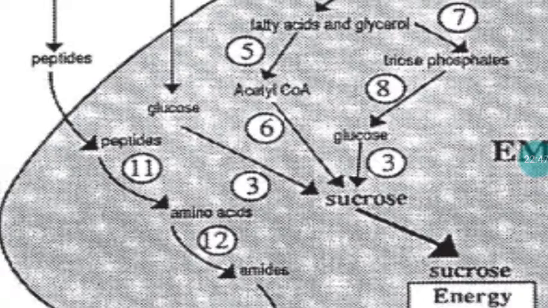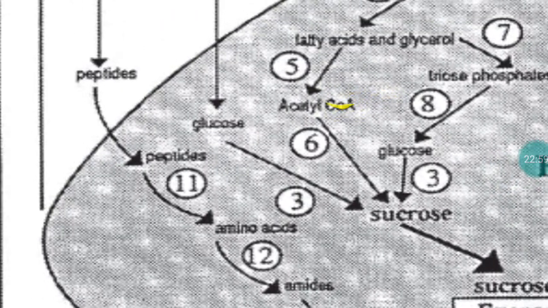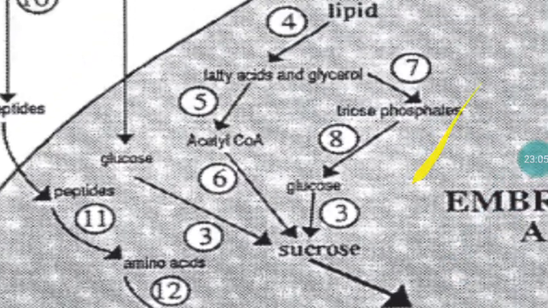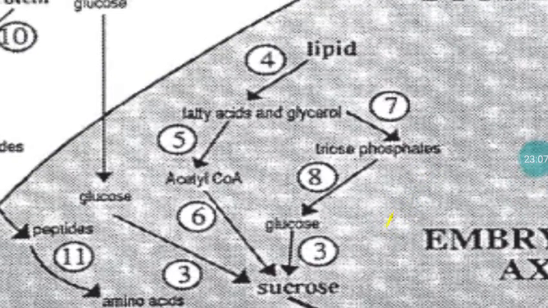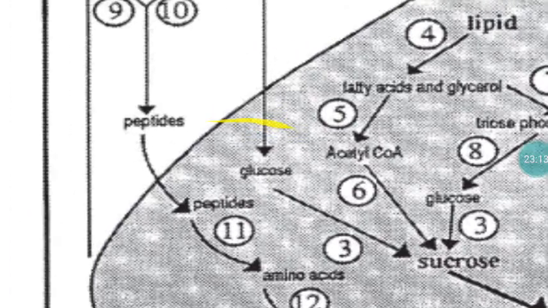Another way, fatty acids will be converted into triose phosphate. Then that triose phosphate will be converted to glucose. Finally, that acetyl-CoA or glucose will be converted to sucrose, or acetyl-CoA will directly enter the Krebs cycle, which also yields an energy molecule. So all this is with reference to the degradation of lipid stored in the seed, with the help of hydrolytic enzymes produced by the seed systems.